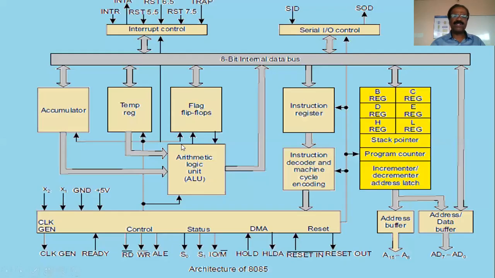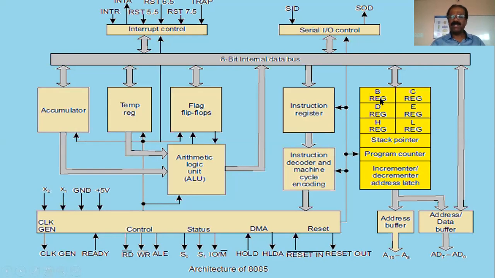If you look at the 8085 microprocessor architecture, we have so many registers. It's the internal architecture of the 8085 microprocessor. Here there is a register called accumulator. It's an 8-bit register. We can store 8-bit data. And we have some general purpose registers, which means we can use the same register for different purposes like addition, subtraction, multiplication, division, and storing some data.